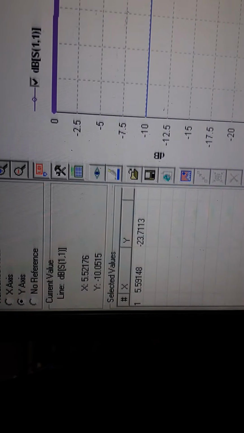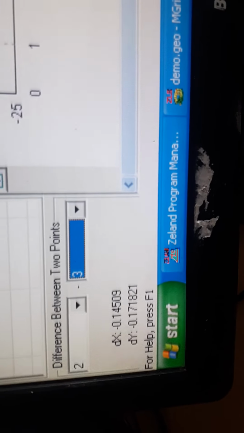You see that the antenna operates at near about 5.6 gigahertz with a return loss of minus 23.71 dB, and this is the bandwidth. A microstrip antenna is already narrow bandwidth, so it also shows the bandwidth is near about 145 megahertz on the x-axis, which is frequency.